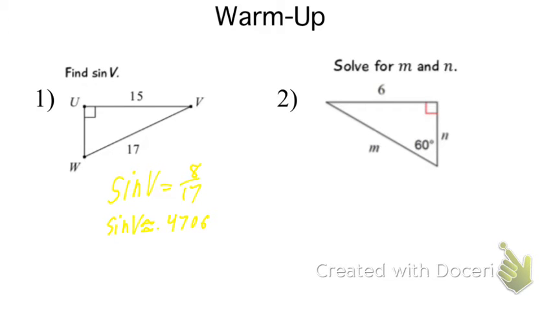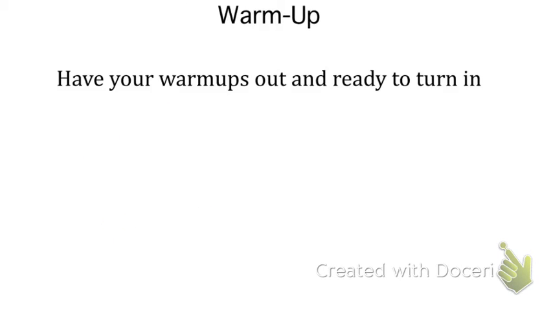Yep, you're good. So, knowing this, I can actually tell you what angle V is. I can find on my calculator, and I'll show us how in a moment, that angle V is approximately 28 degrees. I can now find that information because we knew the sine of angle V was 8 over 17, or approximately 0.4706 in decimal. I did that by taking the inverse sine of both sides, because the inverse sine undoes it and gets the angle by itself. So what happens mathematically here in example 1